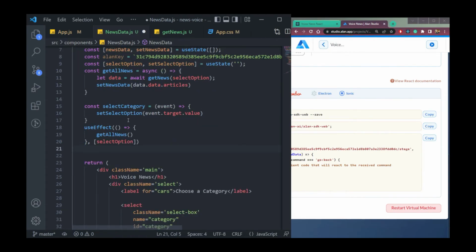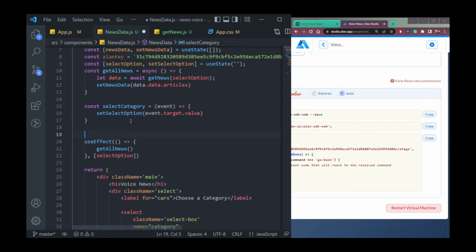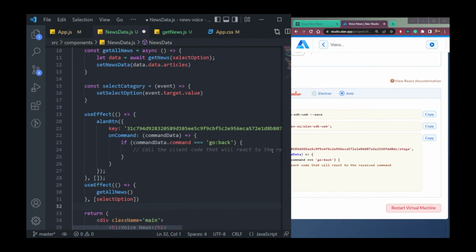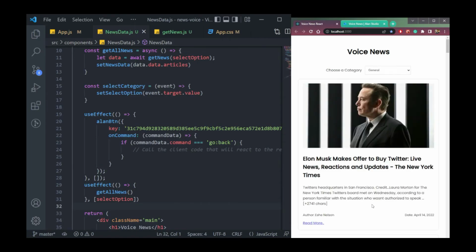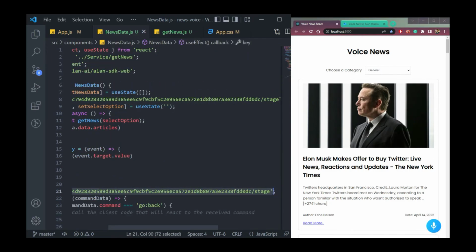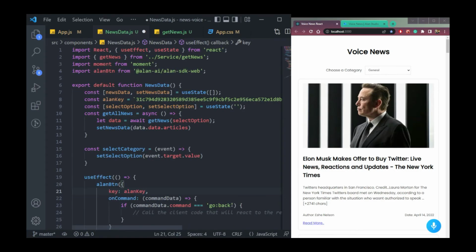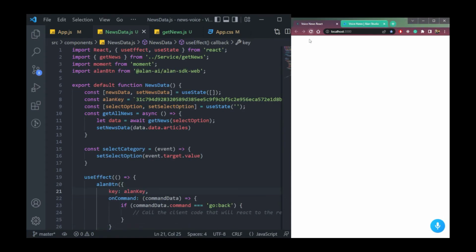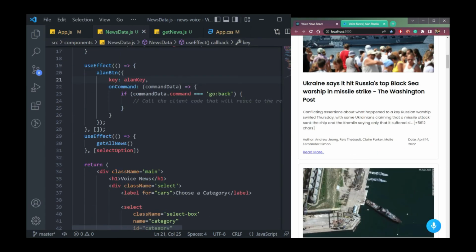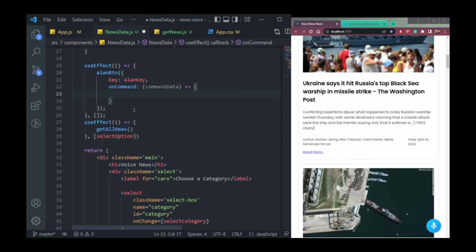Let me paste it before this, like this. So it's done. Save it, and we should see a button here that is a mic button. Replace this key with the ln key, this key, and then save. Let me refresh it and it will be fine. Fine. We don't need this, so we can say console.log